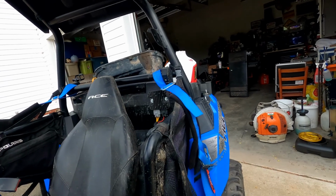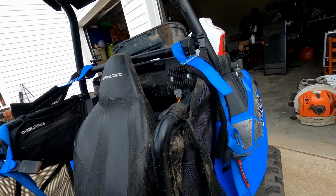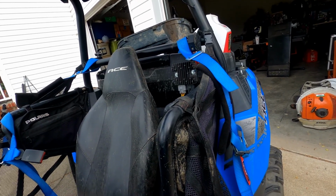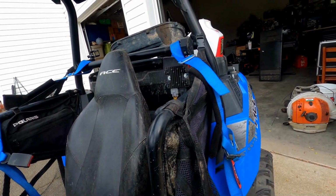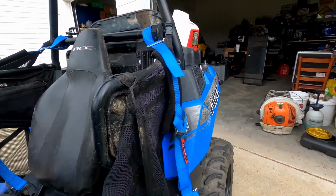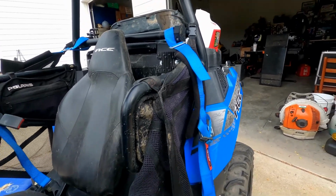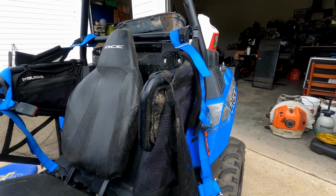I ended up going with the RM stator rectifier and an RM stator voltage regulator. The reason why, I had almost a fire in here in my garage, and this was the week before I was leaving. The problem was